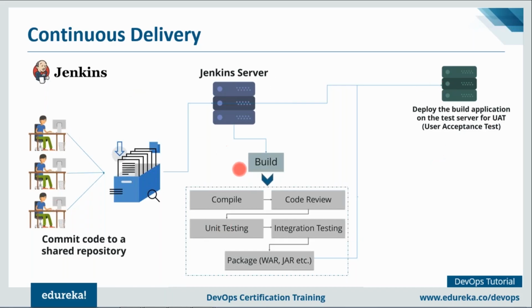So what advantage do we get here? Basically, if there's a build failure, then we know which commit has caused that error and we don't need to go through the entire source code of the application. Similarly, even if any bug appears in testing, we know which commit has caused that error and we can just have a look at that particular commit instead of checking out the entire source code of the application. So basically this system allows the teams to detect problems early, right? As you can see from the diagram as well.